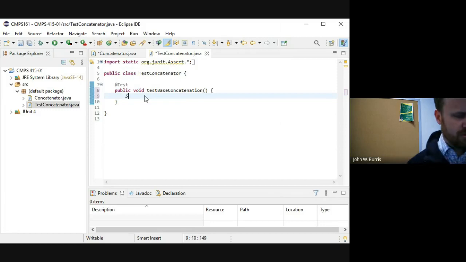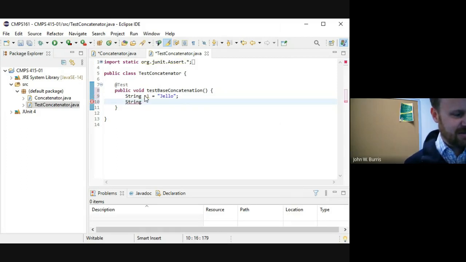I can do this. String S1 is equal to hello. Jello. Nope, I'm keeping it. It's too good of a typo. All right, Jello. String S2 is equal to pudding. Went from hello world to Jello pudding. I like that. And then we finally do something like this. Check this out. Assert equals